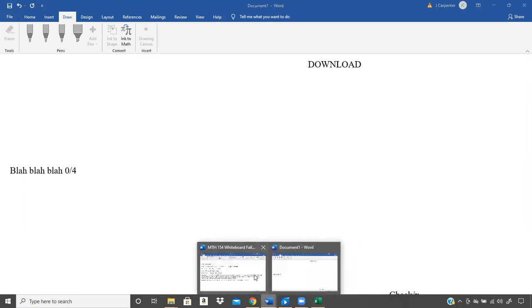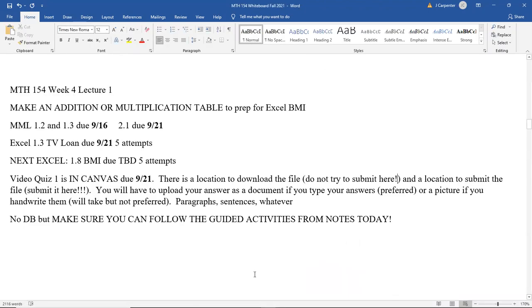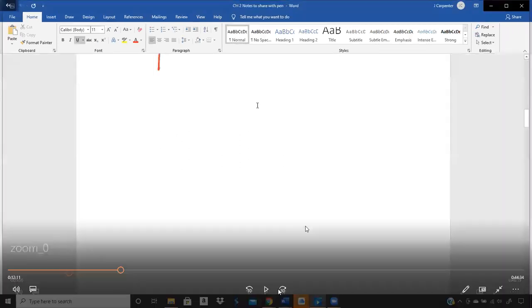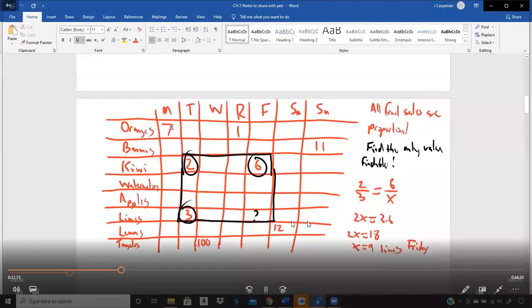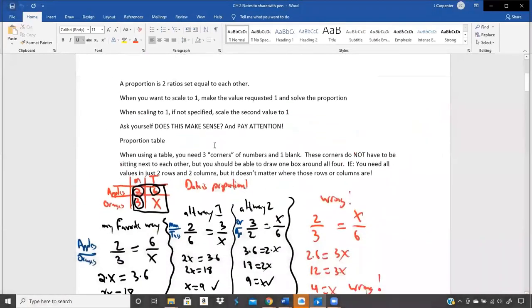All right, so with that being said, let's go ahead and get into today's lecture. Again, picking up in 2.1 with that guided activity, where we're going to go back to the crazier number version of it instead of the nice clean numbers. Where we left off, we had done this. We talked about how we can use proportion or ratio tables to find out anything as